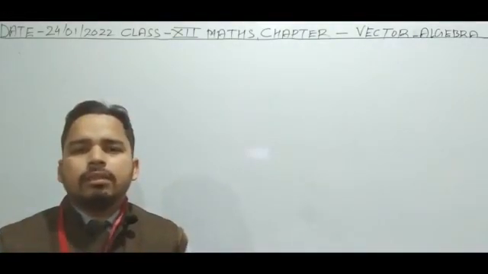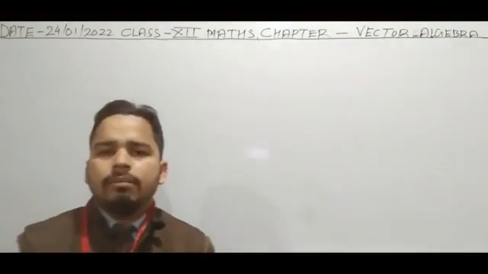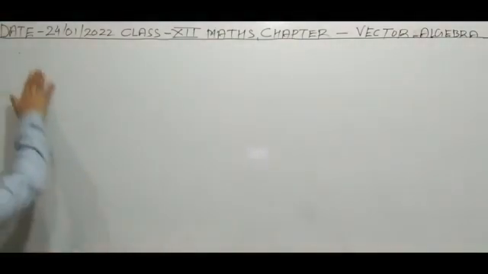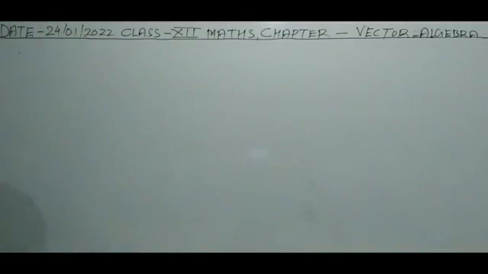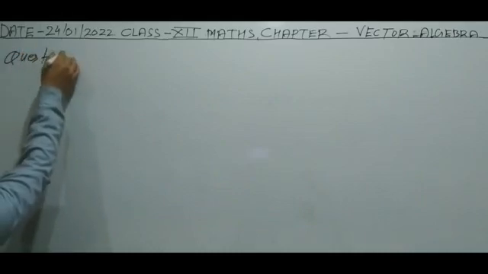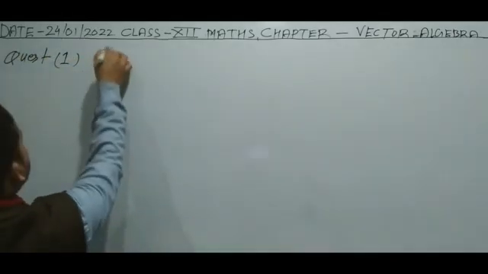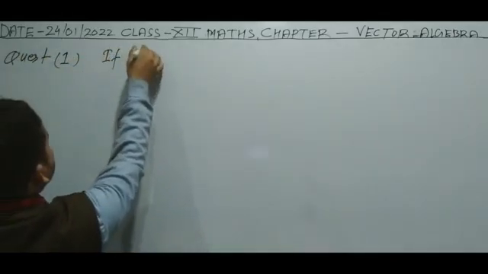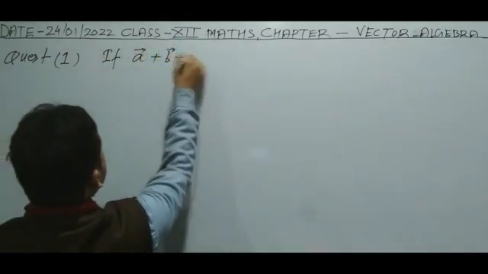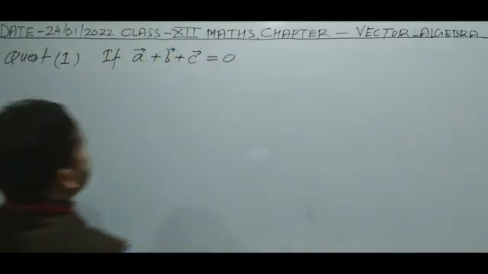Today I will discuss some questions related to vector algebra which have already come in your revision test. So see, now the question is: if vector A plus vector B plus vector C is equal to 0